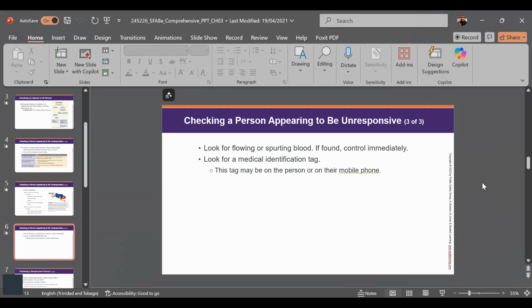That makes it easier for your assessment of a patient. In circulation, part of it is looking for severe bleeding. I mean, talking about bleeding that's spurting or flowing heavily, the clothing may be soaked. A little word of advice. If you see somebody on the ground and you have blood around them or coming from the clothing, you see it on the ground, what we normally advise you to do is double your estimate of the amount of blood that's lost. Because if the person is wearing clothing, blood has to soak through the clothing before it gets to the ground,